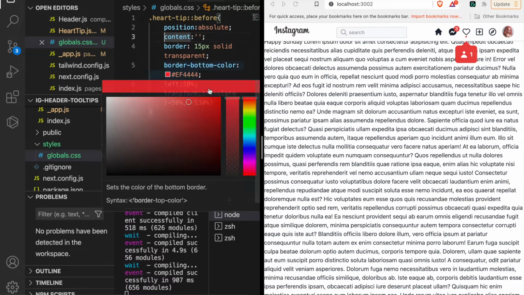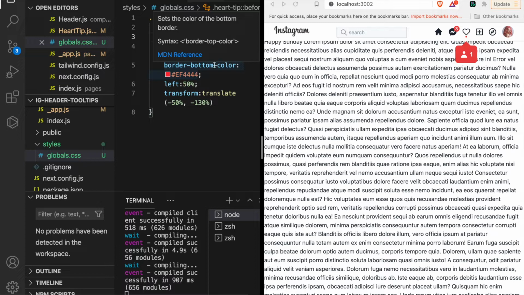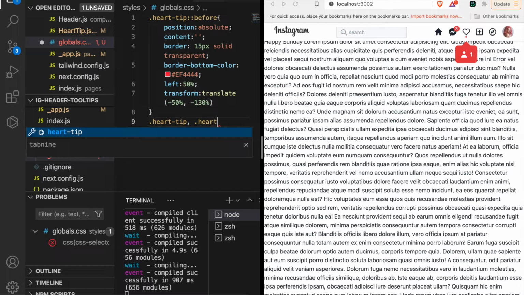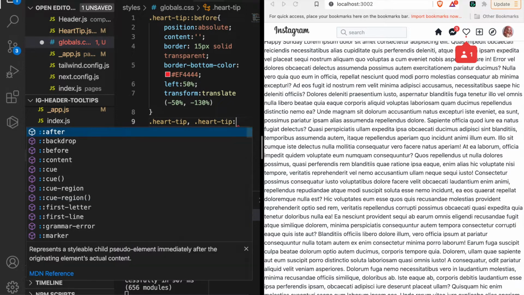If you do not know how to create a triangle, please refer to the tutorial on how to create a triangle with CSS borders. So now we continue. We are going to add the shadows on both this triangle and also this rectangle. So we type .hard tip and also the .hard tip before,